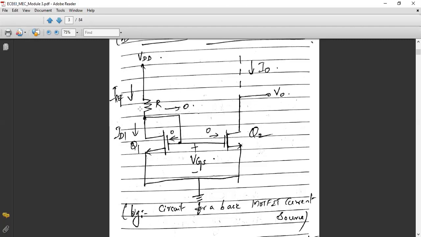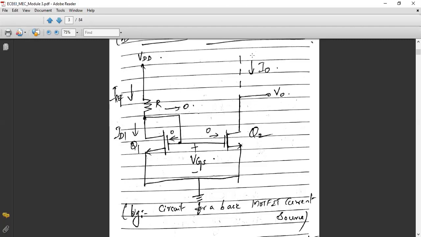So there is no current flow in this direction. Why is there no current flow? Because there is no potential difference. So when this is zero, that will be considered as zero current. Since the incoming current to this node is zero, the two currents splitting to either direction will also be zero. So in effect, you can say that there is no input gate current to Q1 and Q2.